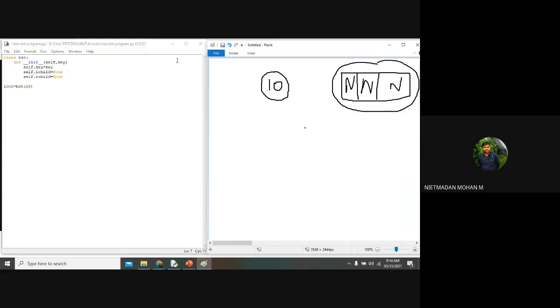Yes. Then what do we want to do next? After creation of the node, we want to insert some elements in the tree. That is the process, right? Am I right? After creating a root node, we want to insert some elements. So I am getting the list over here. I am taking list one is equal to, I am taking three values. We can take any number of values. So I am taking three values now for better understanding.